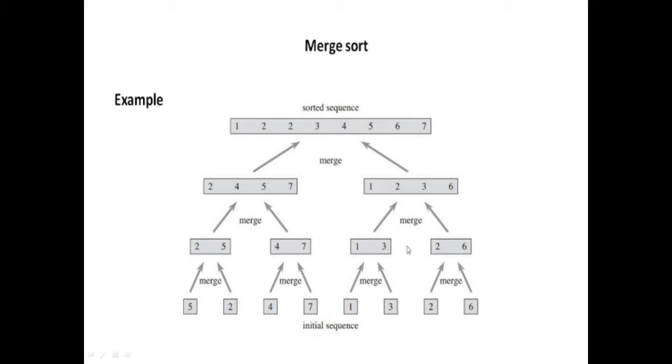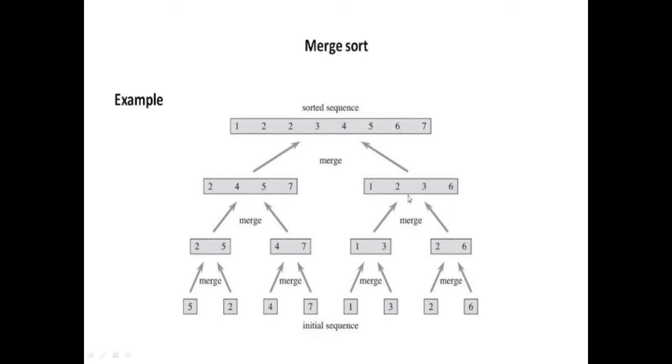In a similar way, these 2 lists will be merged, where 1 and 2 are compared. 1 is smaller, so 1 will come here. Then increment the pointer. 3 and 2 will be compared. 2 is smaller, 2 will be taken here. Then increment the pointer. 6 and 3 will be compared. 3 is smaller, then increment the pointer, and 3 is taken here. And incrementing means that we are at infinity, and 6 is compared. 6 is smaller, so 6 is taken here. In this way we have gotten these 2 arrays.